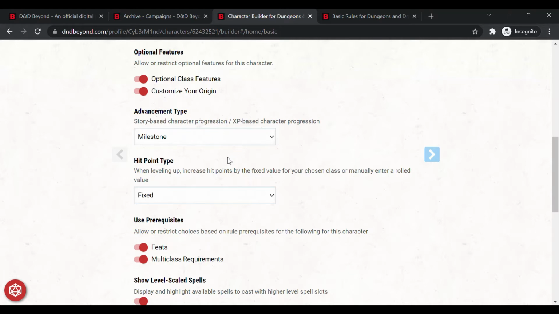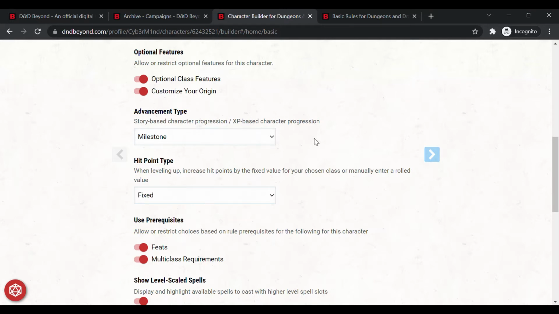XP will be based on the default style of gaining XP in the DMG, which is getting certain points for certain encounters. A lot of DMs are actually moving towards milestone. The newer published guides are going on milestones, just because it gives the DM more control over which character is going to be at which level, and make sure that you progress regardless of whether you are choosing to fight monsters like murder hobos, or navigate political encounters or solve puzzles, because in the normal default